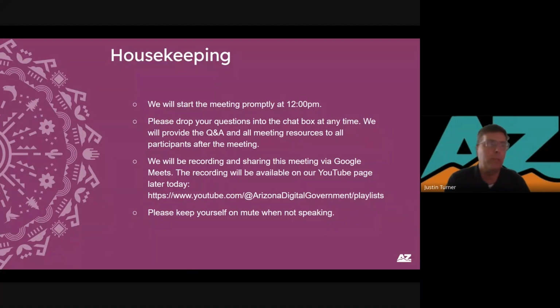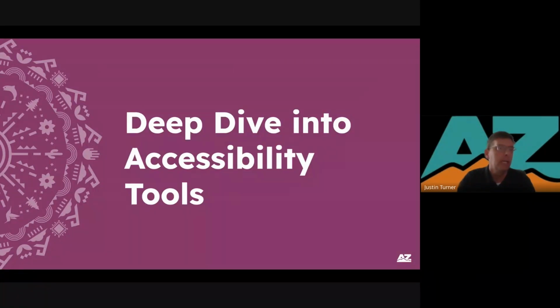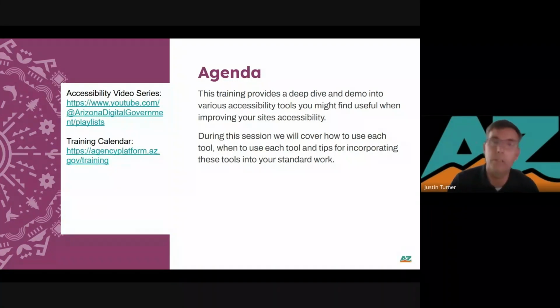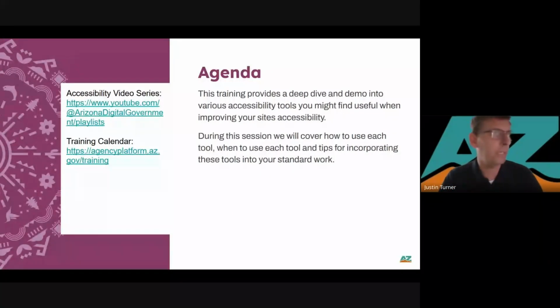Throughout the month of June, we will be holding accessibility-focused training sessions every other Wednesday at noon. Today's session, we're going to be covering some accessibility tools that you might find useful as you're working to improve the accessibility of your website. And on our June 18th session, we'll be diving into screen readers and how to use those, both what it's like from the perspective of a user of assistive technology and how to use screen readers for